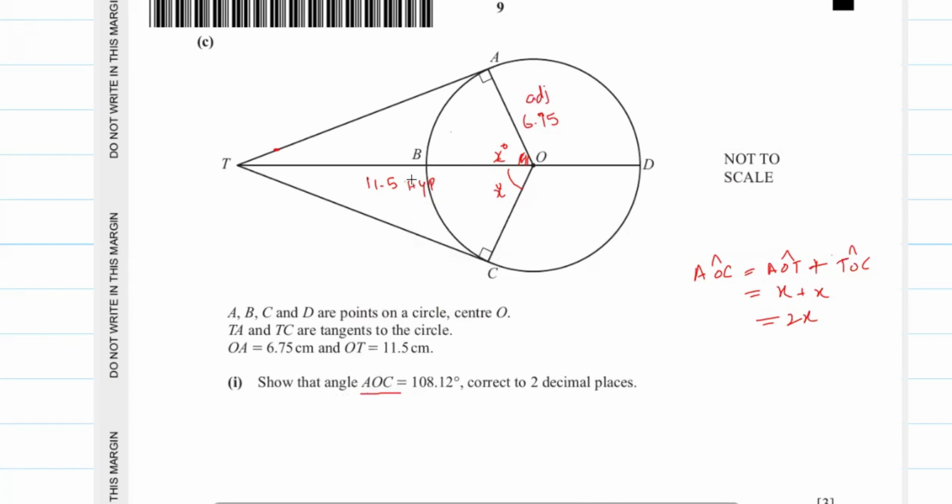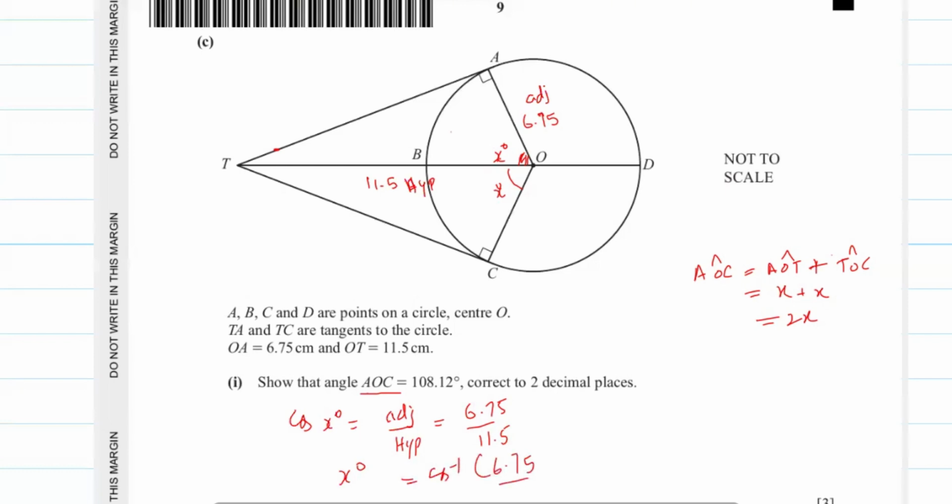And we can write the trigonometric ratio, that is cos x degrees will be equal to adjacent side over hypotenuse. Here the adjacent side is 6.75 over 11.5, and this x degrees will be equal to cos inverse